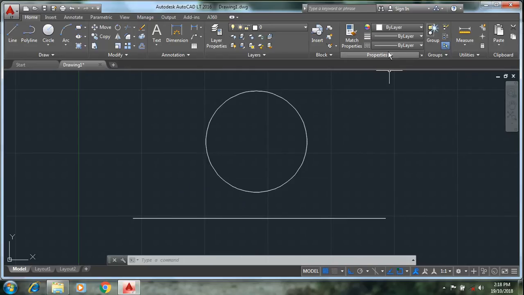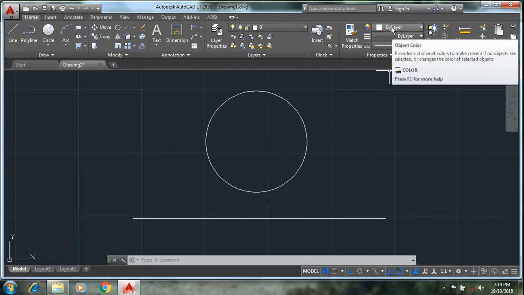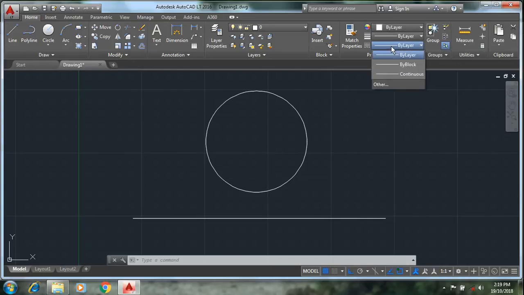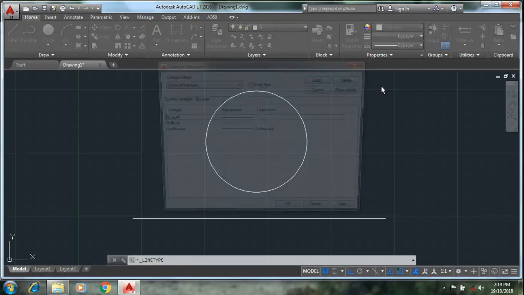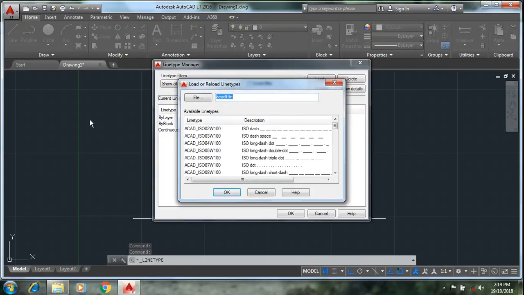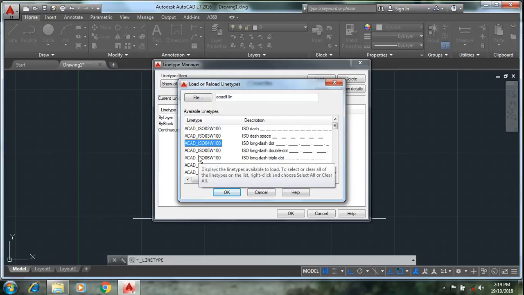I will go in properties panel, and in properties panel select the third box, that is of line type. In line type, by default you will not get any of the lines, that is center line, hidden line. You have to go in other, then click on the load option. After clicking on the load option, here there are different line types. Select any one. Suppose if you want hidden line, just type H